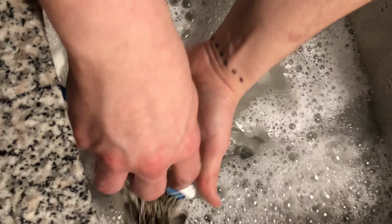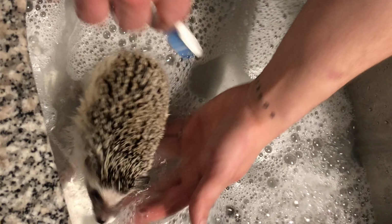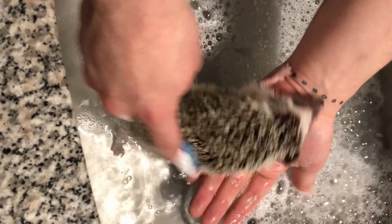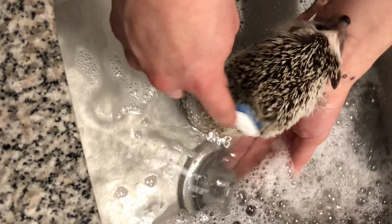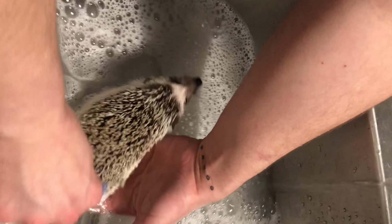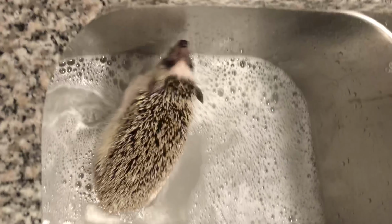You also should cut their fingernails. I have lots of trouble cutting their fingernails, so I end up taking them to our vet to get their fingernails cut. So I am not going to attempt to do that, because I'll probably just get the crap spiked out of my hand. One thing you want to know is that when you're done bathing your hedgehog, you want to...